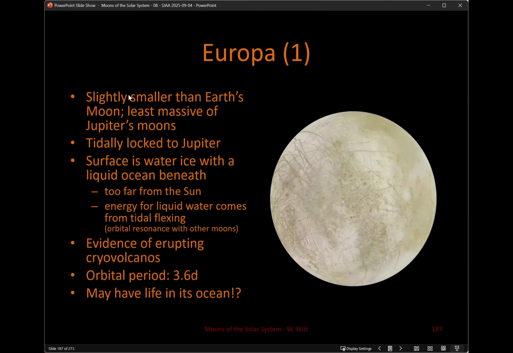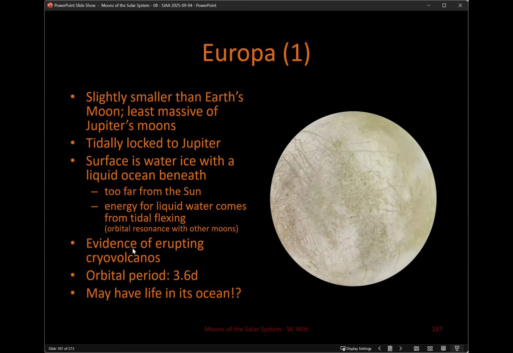Europa, the next moon out, is slightly smaller than Earth's moon, the least massive of Jupiter's large moons, and also tidally locked. Its surface is water ice with a liquid ocean underneath. Now, it is really too far from the sun for the sun to keep that water liquid. So the energy for the liquid water comes from tidal flexing, right? Earlier we said how tidal forces can actually stretch not just the water around the planet, but the planet itself. And so you have tidal forces kind of kneading the structure of this moon, imparting energy, keeping some water inside